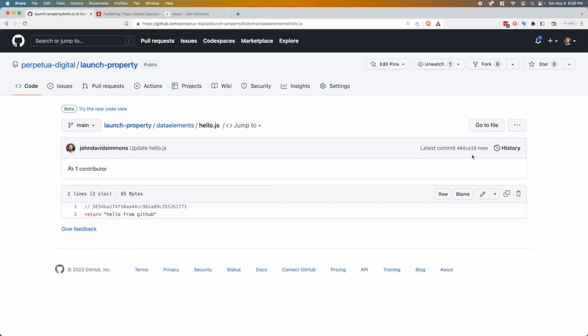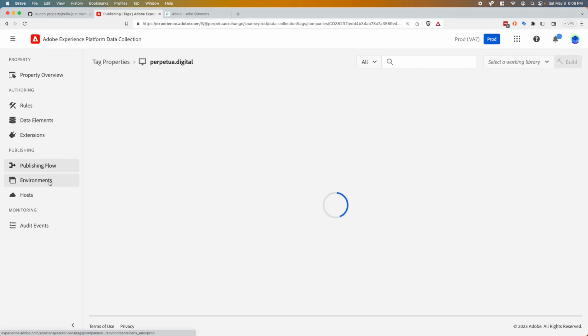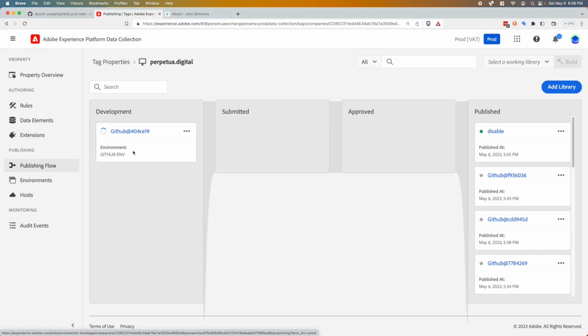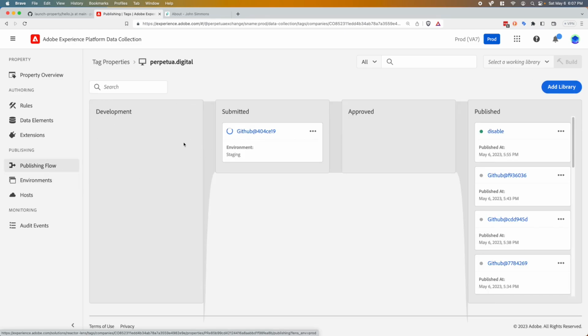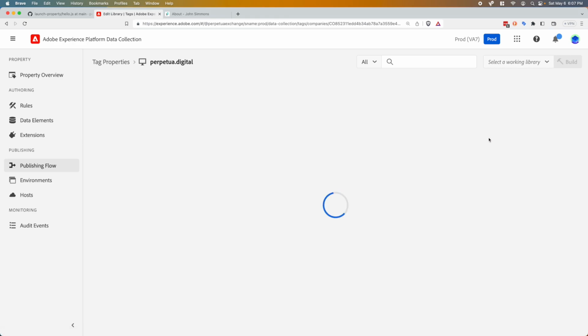And I have a GitHub reference of CE19. If I refresh my publishing flow view, I can see that the development library is being built, and it has the same references you see at github.com. The UI is kind of wonky sometimes when this happens. The library will disappear sometimes, but it's being automatically promoted all the way from development to staging and then to production because the library is named GitHub with a reference ID. So if I go into this library,